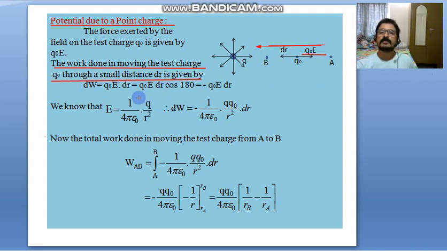So the work done in bringing this test charge through a distance dr is given by force times displacement. What is the force here? Q0 E. And the distance is dr. So Q0 E into dr, that is, F dot dr. This is equal to Q0 E dr cos 180. Why? Because